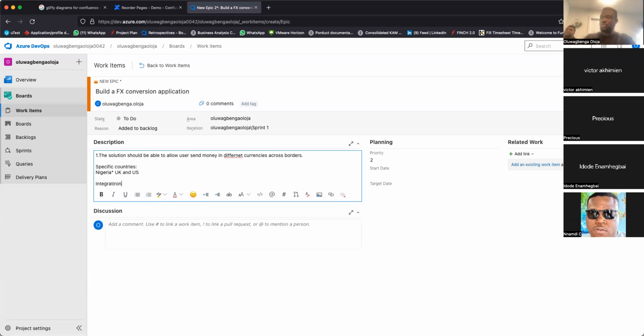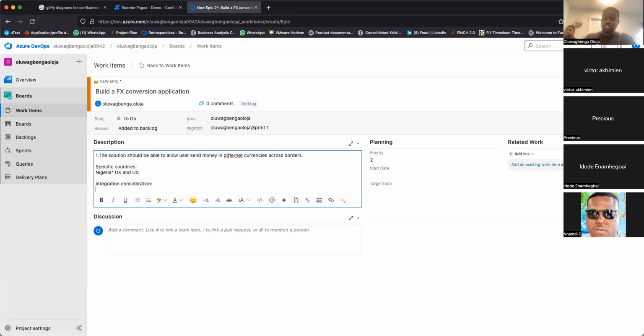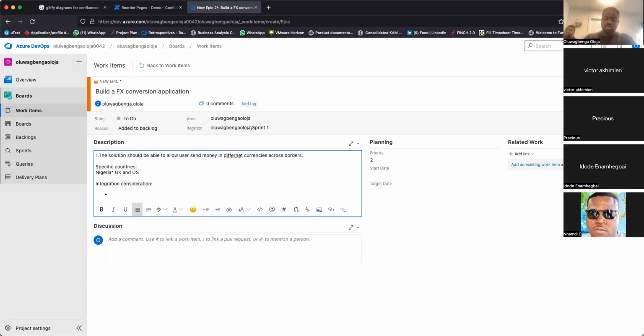Integration consideration. Let's integrate to a conversion app, an FX conversion API.